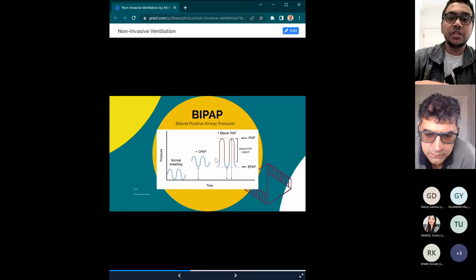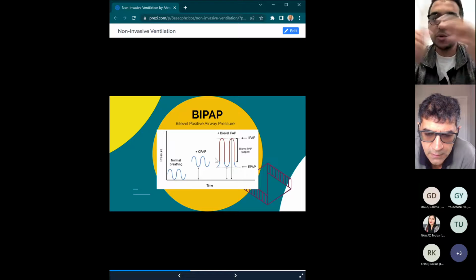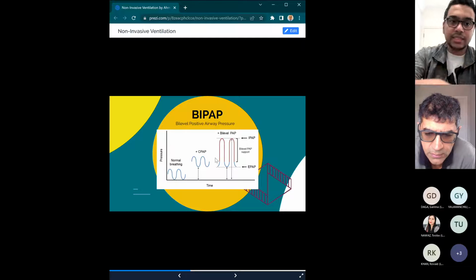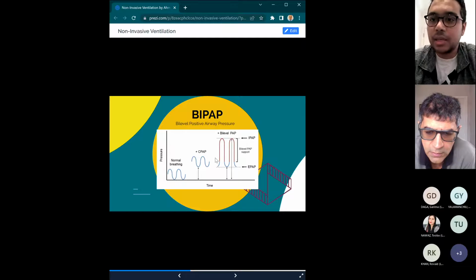And that's why when we try to add extra pressure, we'll go a little bit higher than that, maybe 5 or more, to give the patient a little bit more than the intrinsic PEEP, which is the CPAP. And you can see here that there is fluctuation in pressure all over the cycle, but the amount of pressure offered by the machine is the minimum, or the continuous, which is usually in the form of added